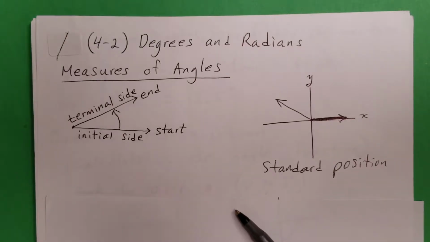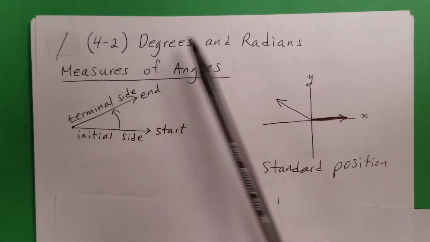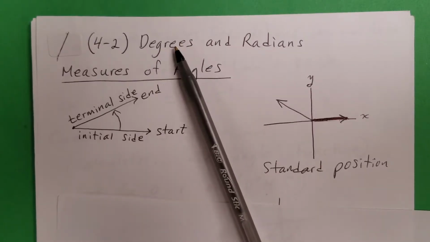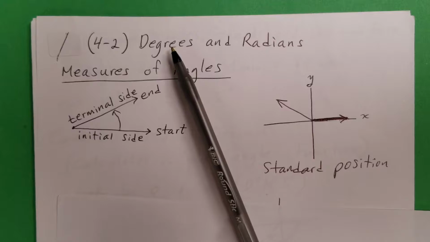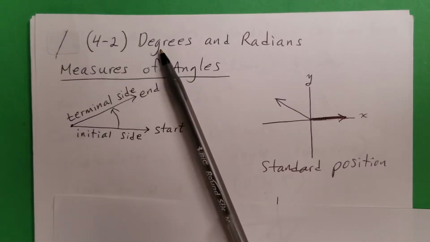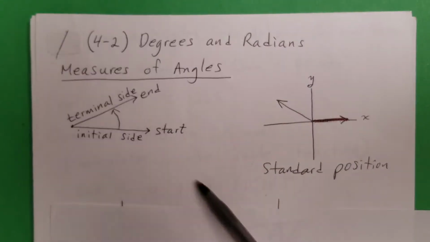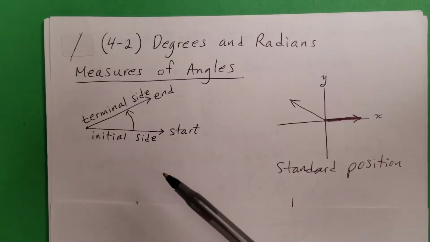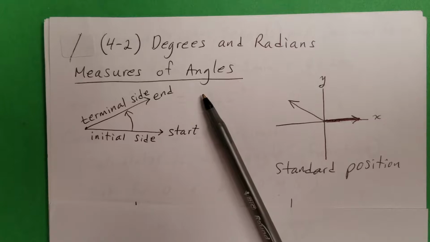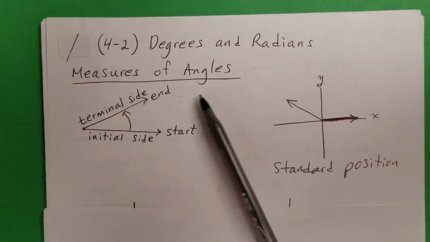First, before we get to degrees and radians, degrees is talking about angles, right? You remember angles, we measure them in degrees, and there's another way of measuring them in radians, and we'll talk about that in this section. First of all, let's go back to just talking about angles. When you look at an angle, how do we measure it? Well,